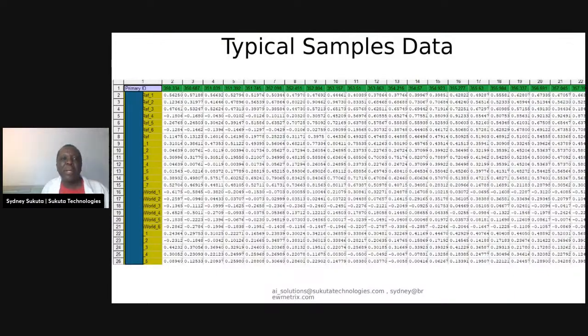So this is a typical sample data I get. These are the samples. I took off the names of the samples because some of these companies, you may recognize them. And these are the wavelengths. For example, for this sample, I scanned it 6 times and got a spectrum. Another one 7 times, I got a spectrum, and so on. So this data is a gold mine of information. We will interrogate this data and get the information or the diagnostics we need.